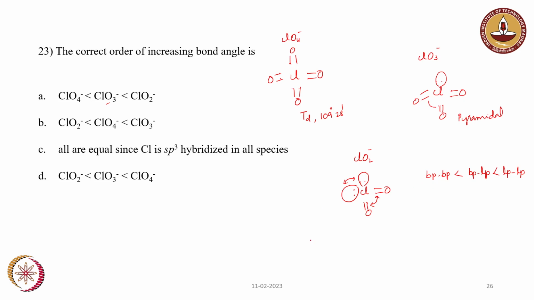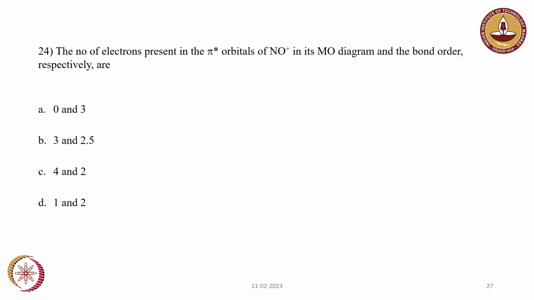So these two have to go lower because bond pair repulsion is lower. So the bond angles will be higher for ClO4 minus, then ClO3 minus, then ClO2 minus. So option D is the answer. ClO4 minus has the largest bond angle because it has no lone pairs, so it will form a tetrahedral structure with 109 degrees. And the next question is